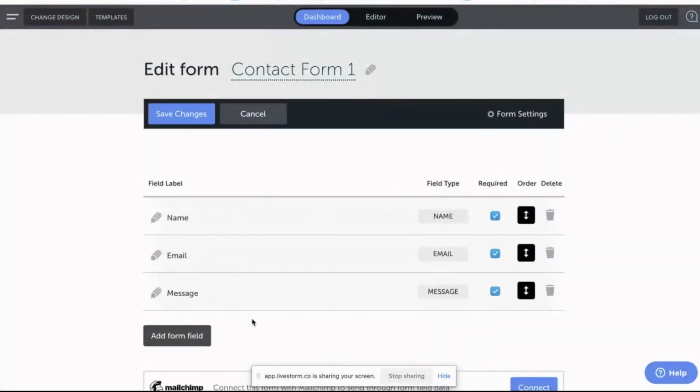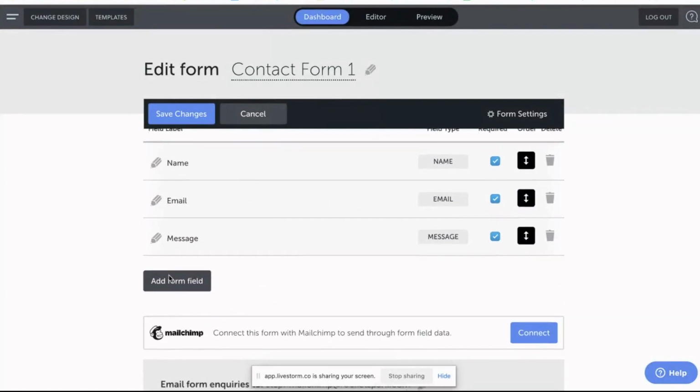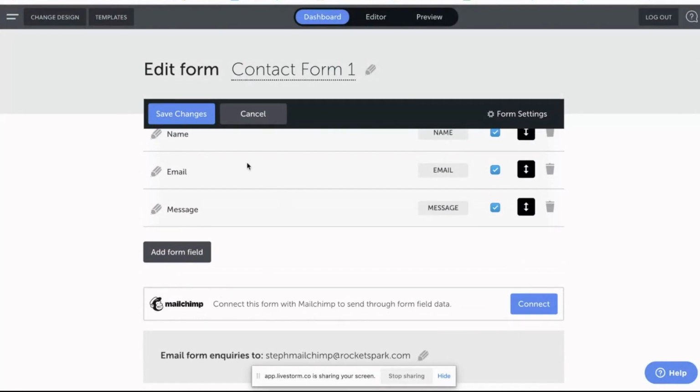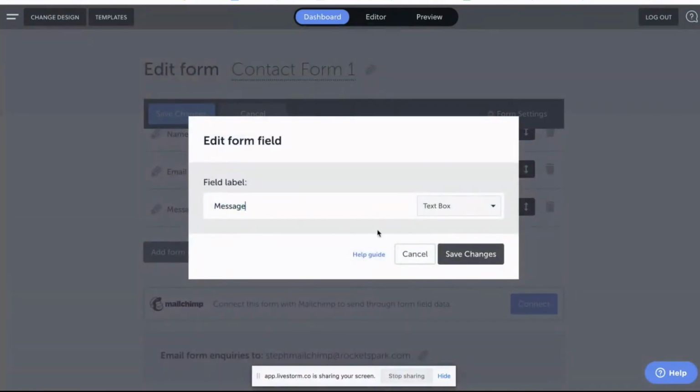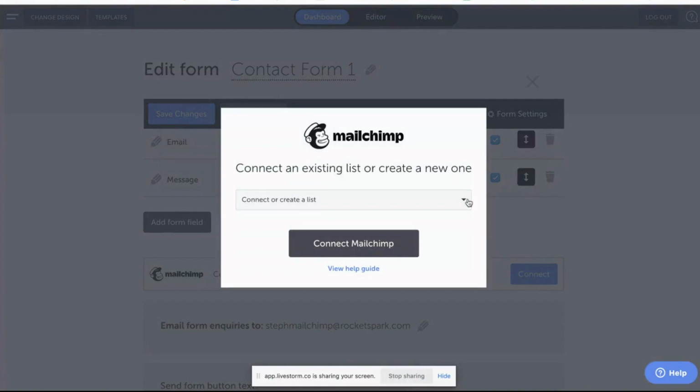And once you create a new form, this allows you to have more fields as well. Especially if you want to collect a little bit more information, maybe how did you hear about us? Or maybe you're wanting your customer to also get in touch with you to get a quote for something. You can add an extra message here and edit what this says. And then all you'll need to do is connect it through to MailChimp.